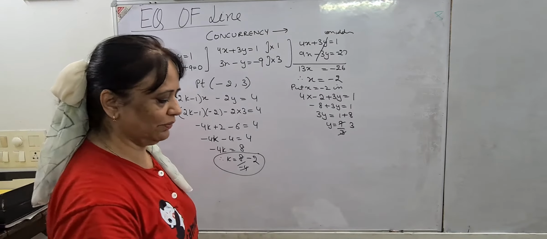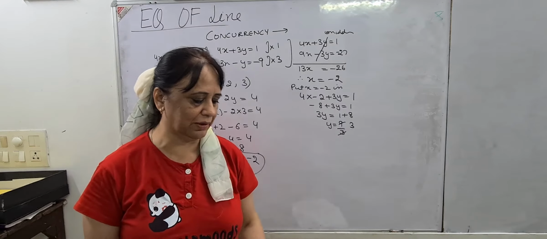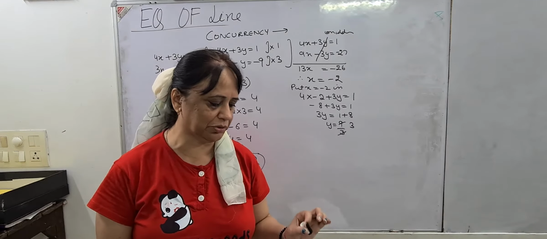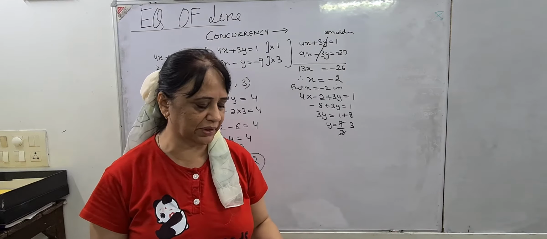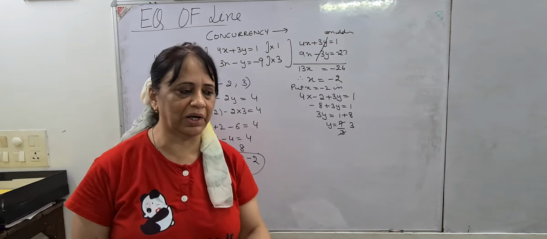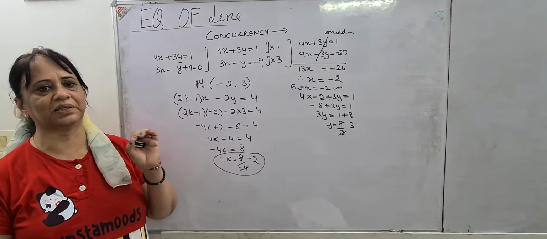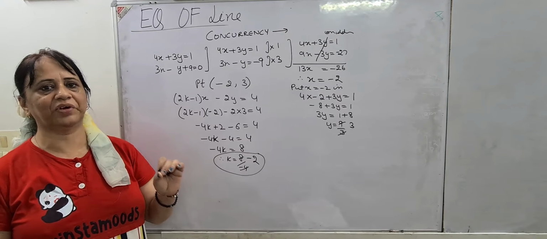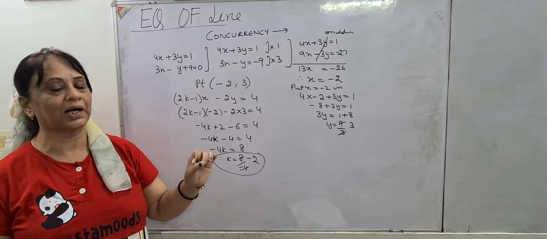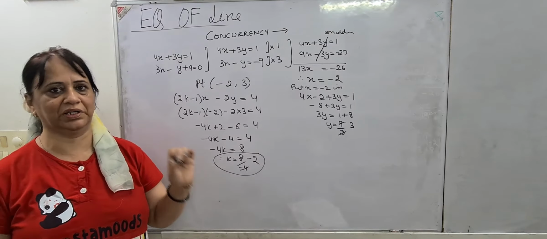Similarly, question number 12 is there. It is a little simpler one. I am just giving the hint of question number 12. In question number 12, the first two equations, that is 2x plus 5y is equal to 1 and x minus 3y is equal to 6, have to be solved simultaneously, and once you get the point from there, x comma y, then you will put it in the third equation. If the left hand side comes equal to right hand side, it is yes, the points are concurrent, otherwise no, the points are not concurrent. This is what they have asked.